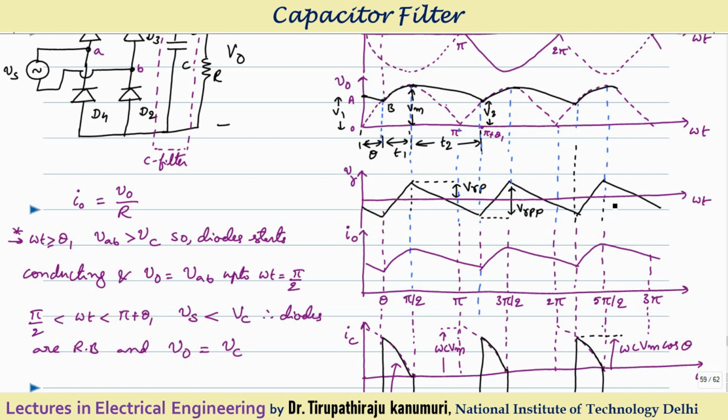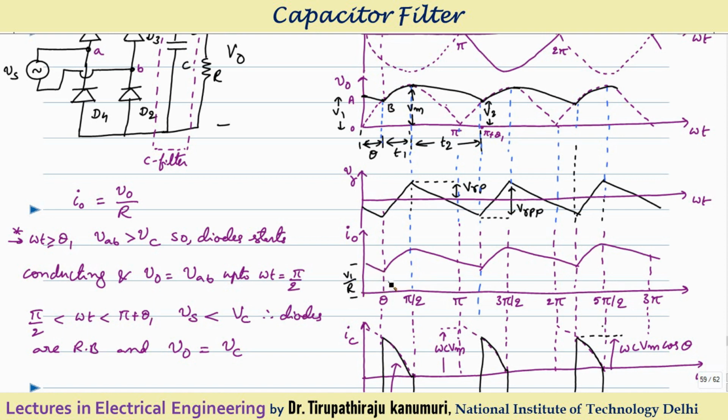So now coming to the output current. We know the value of the output current will be equal to V naught divided by resistance. Whatever is the voltage at that instant, divided by resistance, gives your output current. So you can see here, at the instant A, the output current I naught will be equal to V1 divided by resistance. Agree with me? So gradually it goes on decaying.